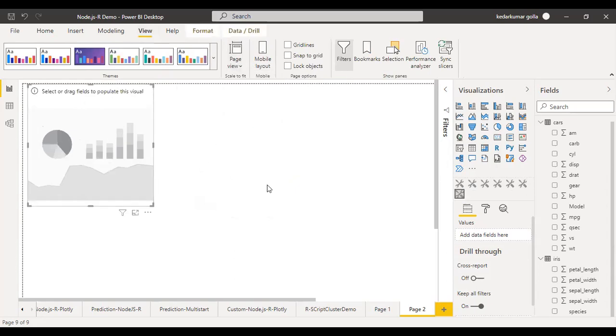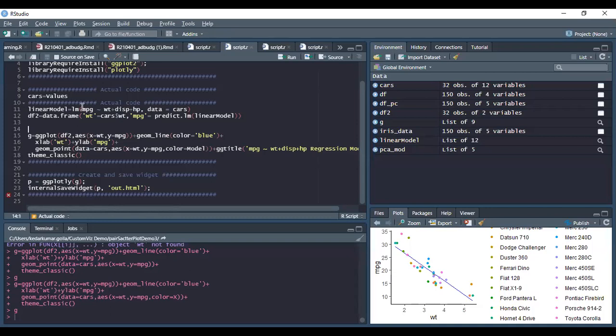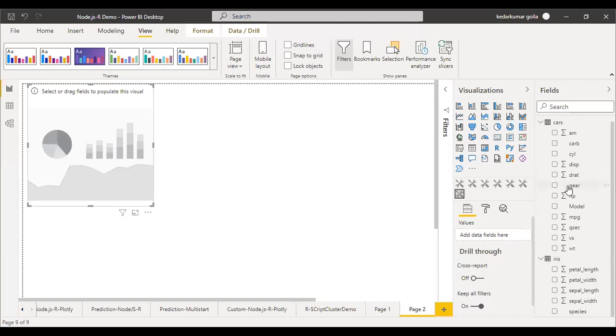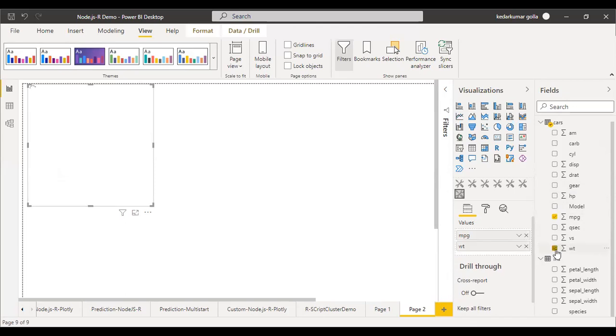Then we need to supply whatever columns are needed for the R script. So in our RStudio, we need to open RStudio and see what columns we have used. We used MPG, weight, displacement, horsepower, and model. So we need to select all those columns in here. So I'm selecting MPG, weight, model, horsepower,